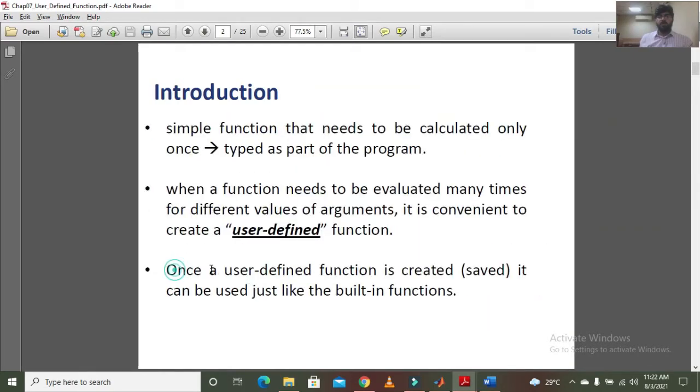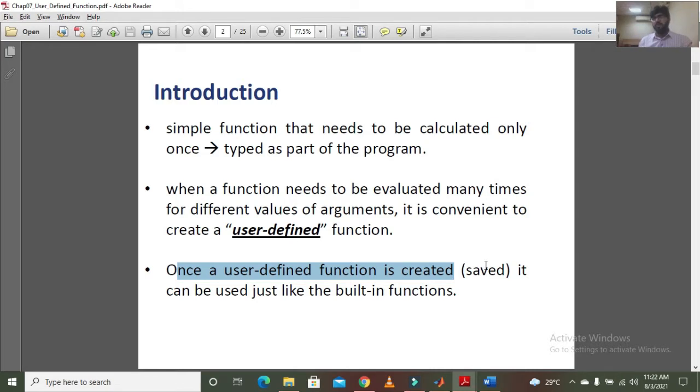So after creating a user-defined function, it needs to be saved, and after saving it, you can simply use this function similarly to MATLAB's built-in function.